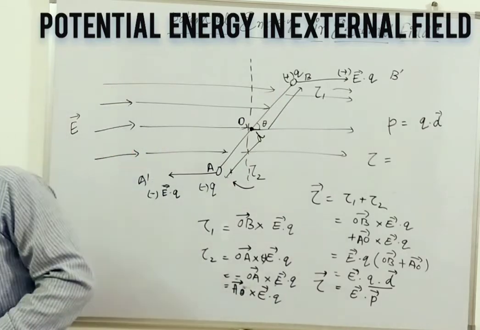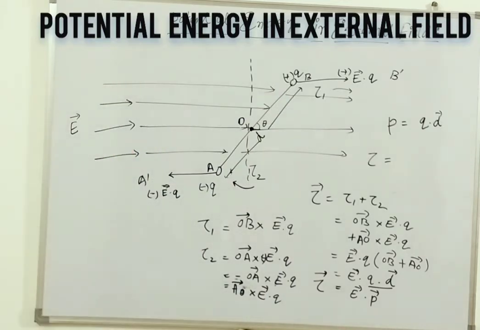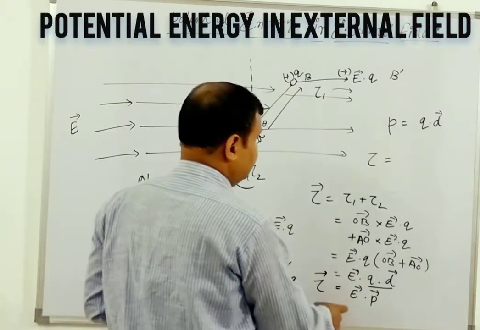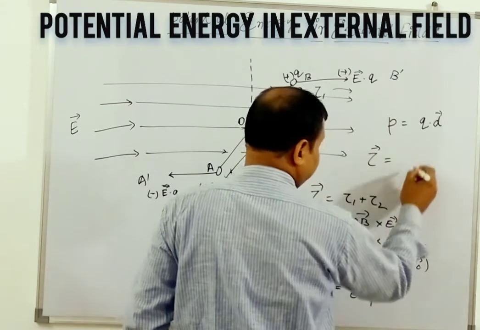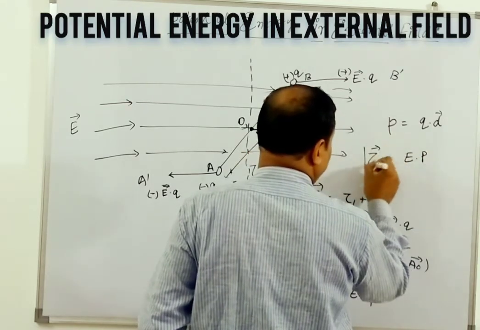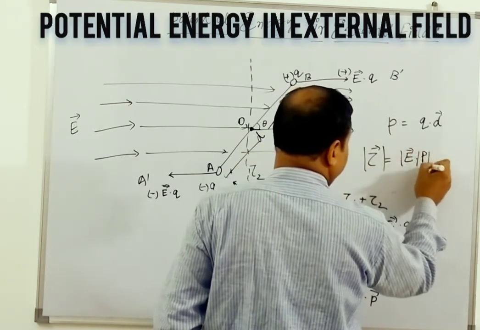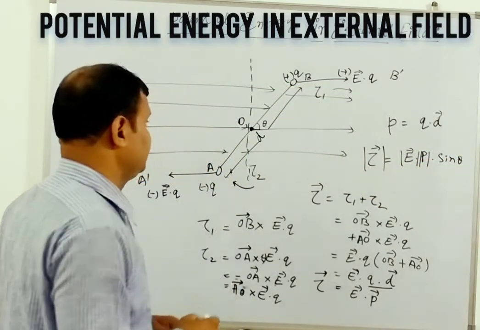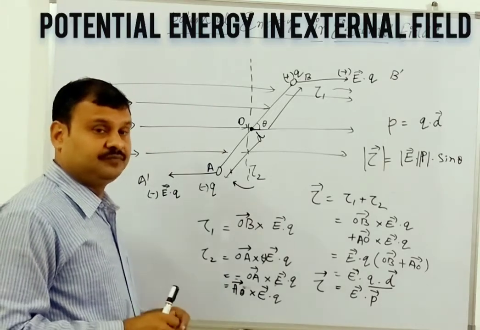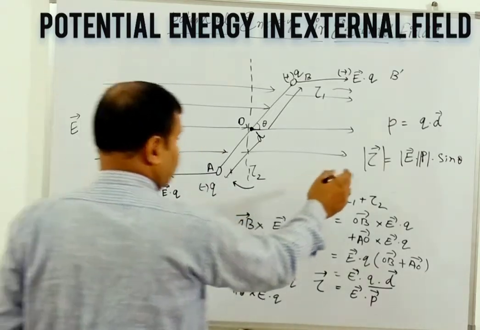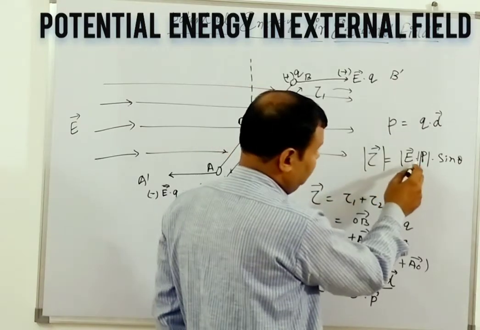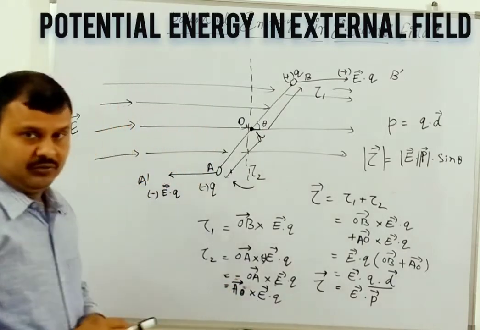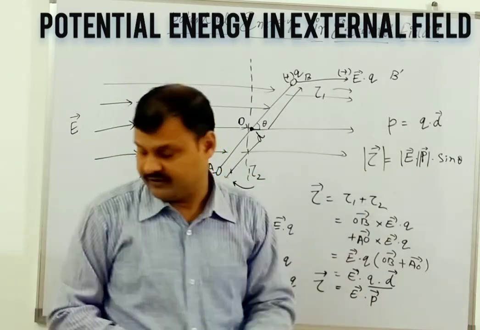Okay, top of this plane, because this is 2D. So the direction will be here. This tau, the tau ultimately will be coming here. E, P. So mod of this one, E mod P and sin theta. Cross product, no. In vector, we are seeing because torque is also coming as a vector because of two vectors. One is electrical field, another is moment of dipole. So this tau will be EP sin theta.